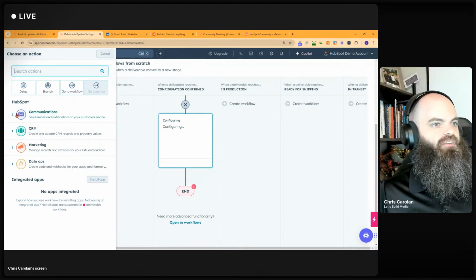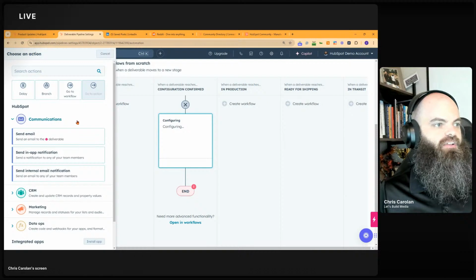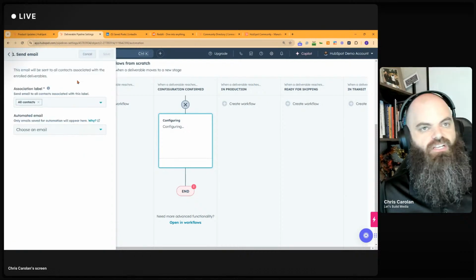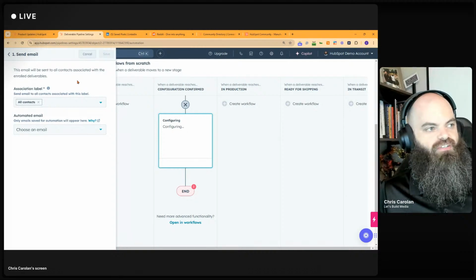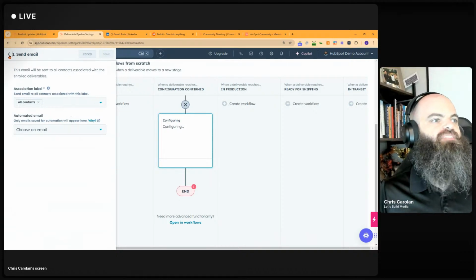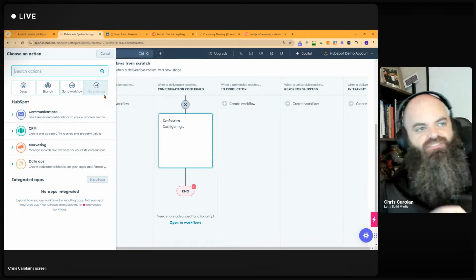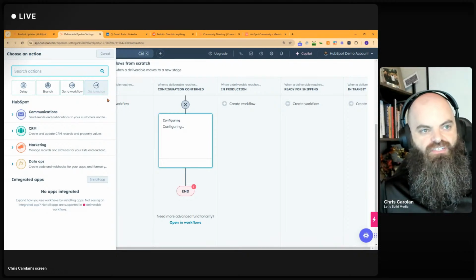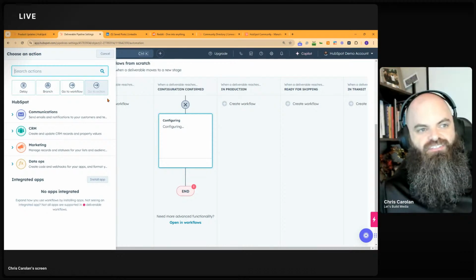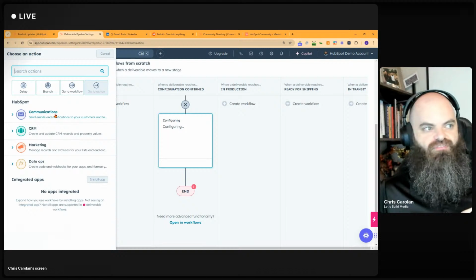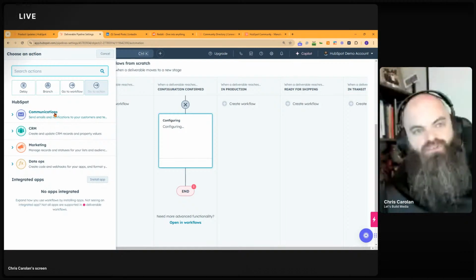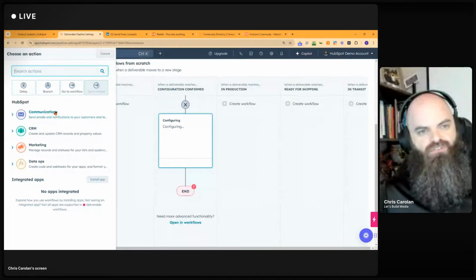But let's say, here's an example, configuration confirmed. And again, we come back to the associations and making sure your records are associated properly, right? If we have everybody who needs to know this, and we have a project manager, and again, I'm loving this, right? Because we've got a deliverable, we've separated this activity out. We're not trying to stuff this into a ticket or a deal, specifically a deal. Because on the deal, we've got a bunch of other people, well, not a bunch. We either have a bunch of other people or not enough